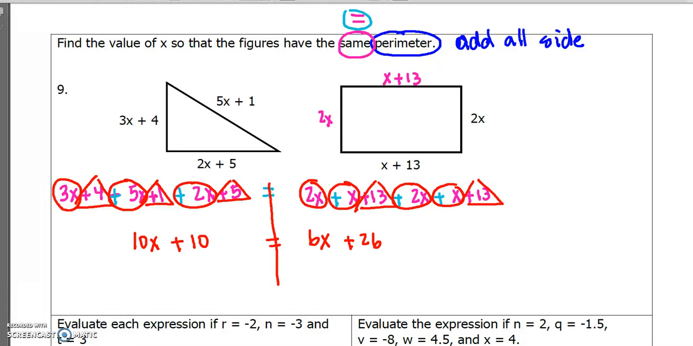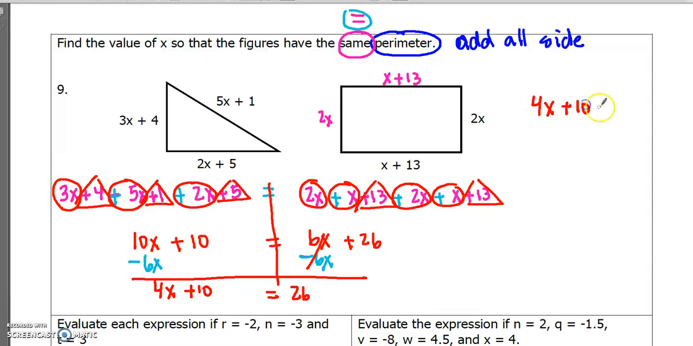Okay, so from there, I need to move my variables to one side. And I'm going to do that by subtracting 6x because I like to have my variables on the left-hand side. And that will give me 4x here plus 10 equals, this is gone, 26. Because I'm running out of space, you guys, I'm going to move it over here so we have a little more room, okay? All right, so from there now I want to,